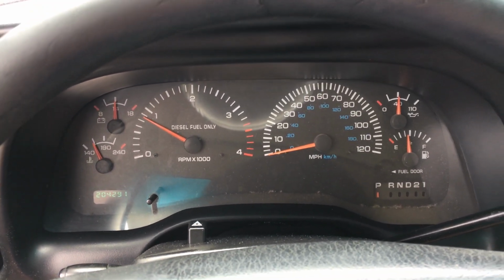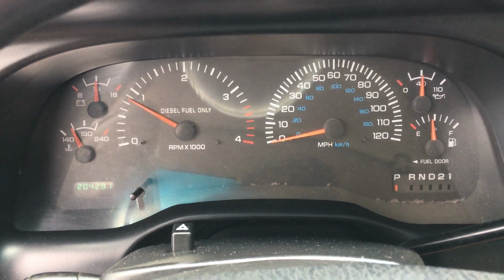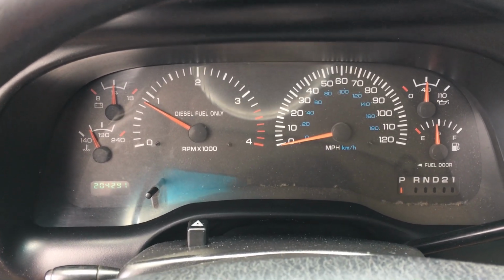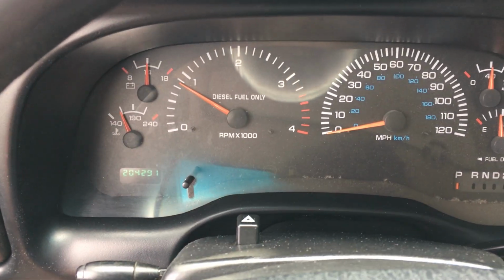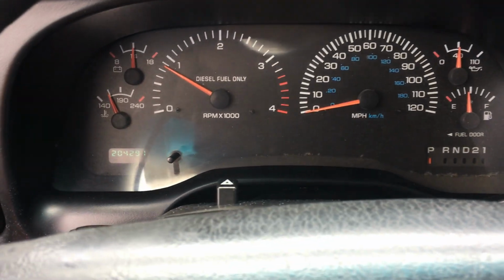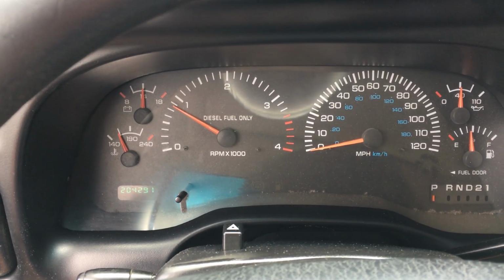Hey, just an FYI on a 1999 Dodge Ram 2500 Cummins turbo diesel. If the check engine light comes on because you disconnected the heaters at the solenoids, and you reconnect the heaters, after one day